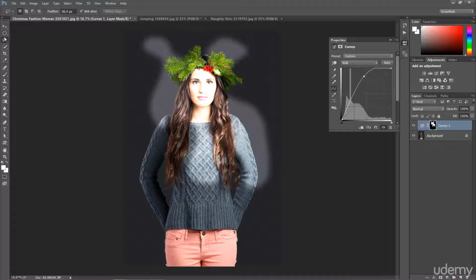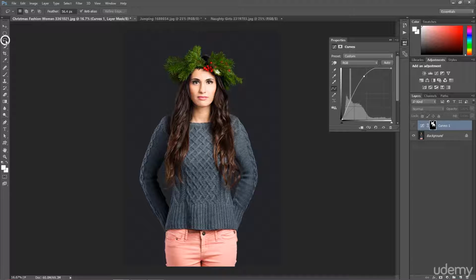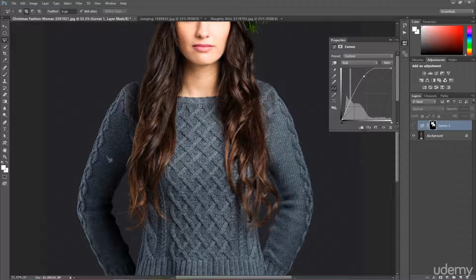I think I don't have to tell you much about this, because it was a very easy example of how the lasso tool works. And we have a few really interesting options. For a bit more precise selection, I usually use the polygonal lasso tool. Let's zoom this in. For example, we want to select edges in a really nice way. So we can choose this tool to do this. I wouldn't recommend this at the beginning, and I have to say I'm still not using this that often, and I'm going to show you a better example, but I know many people use this and find it comfortable. Let's do a selection,